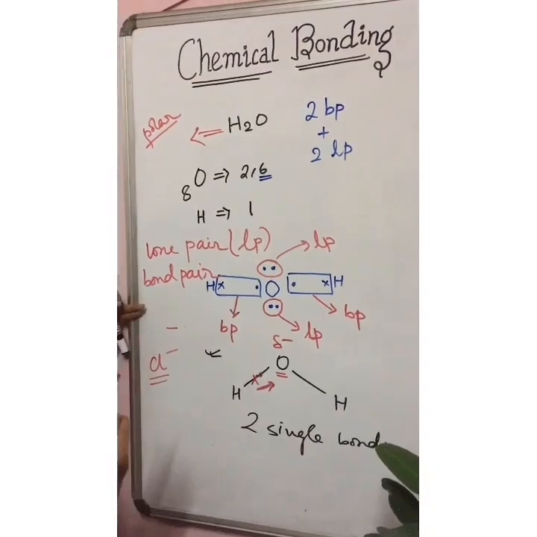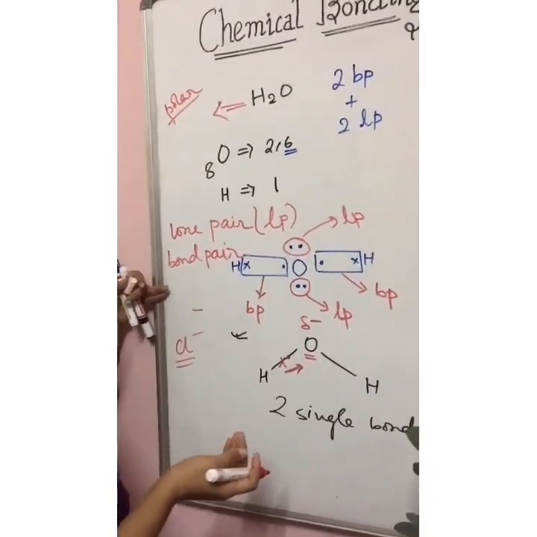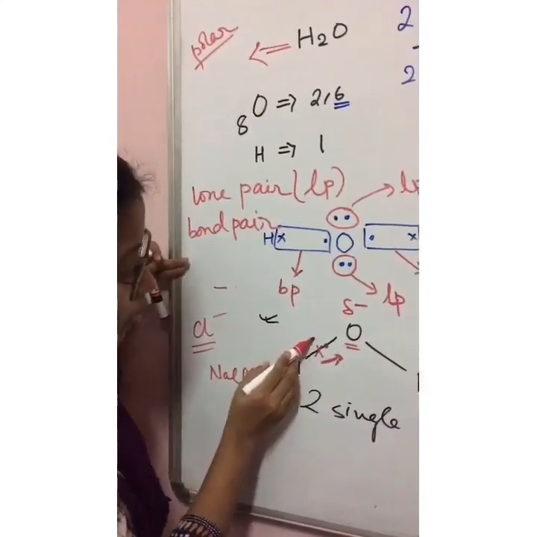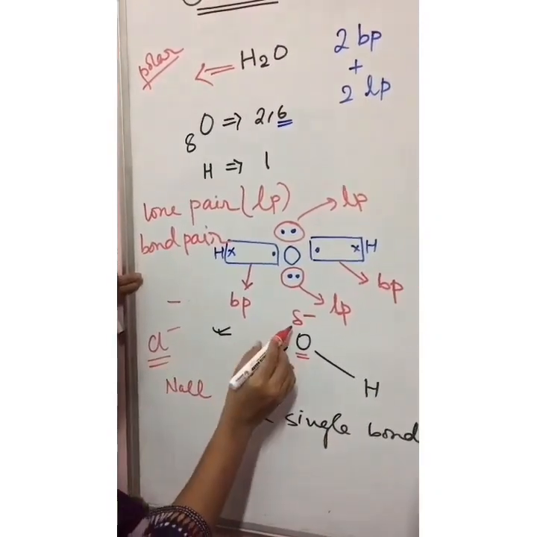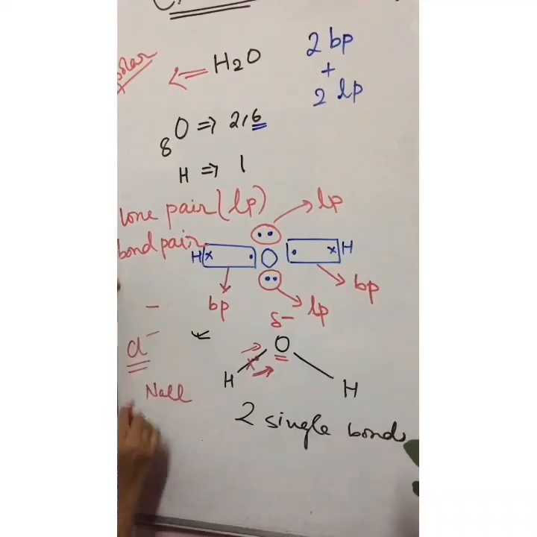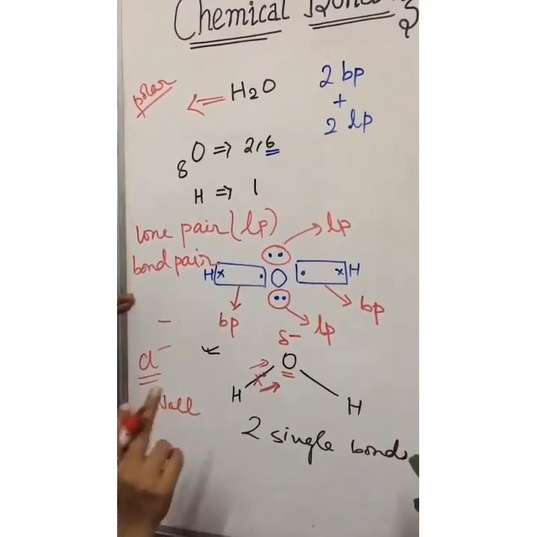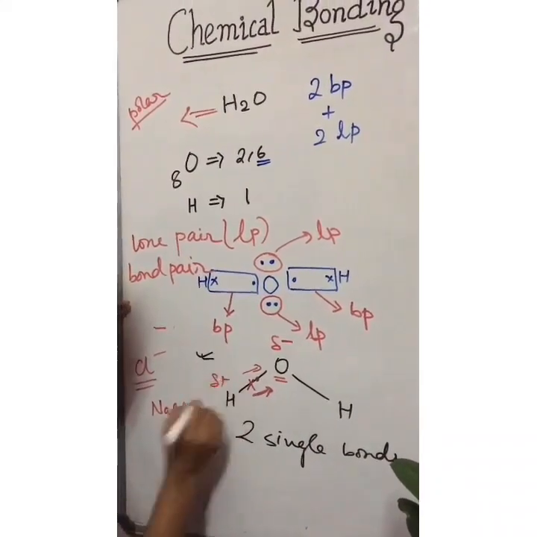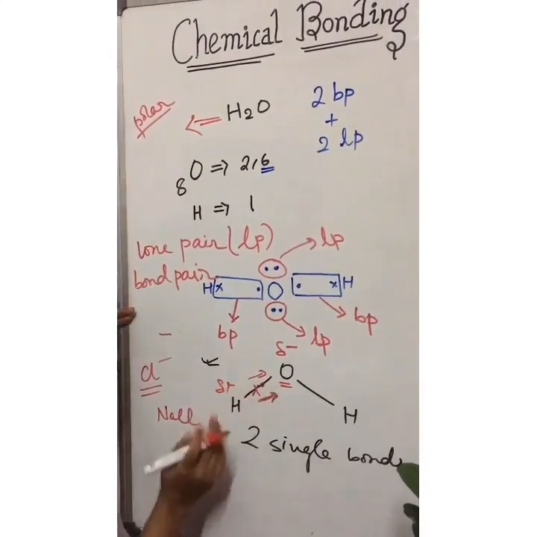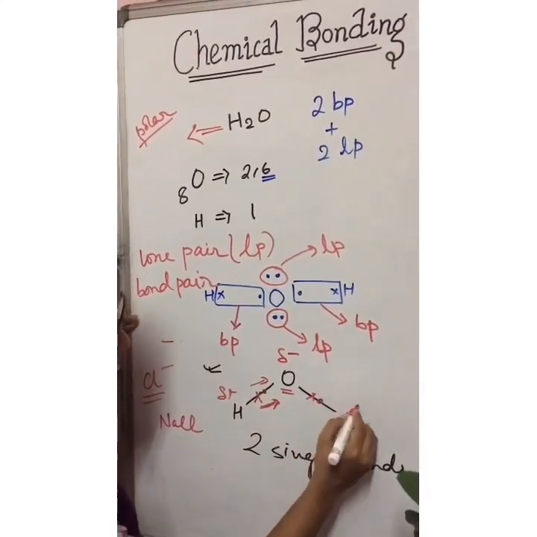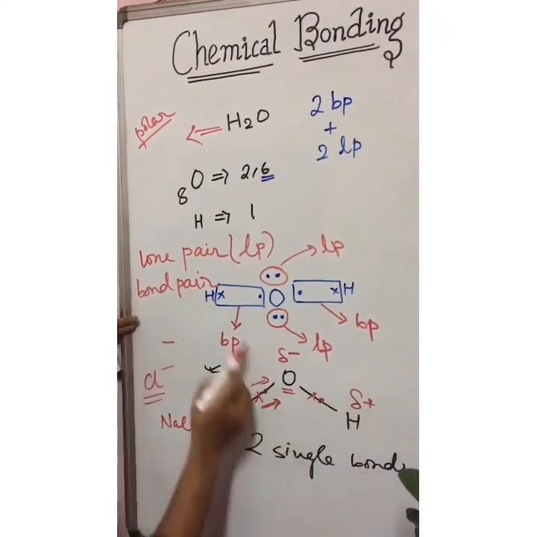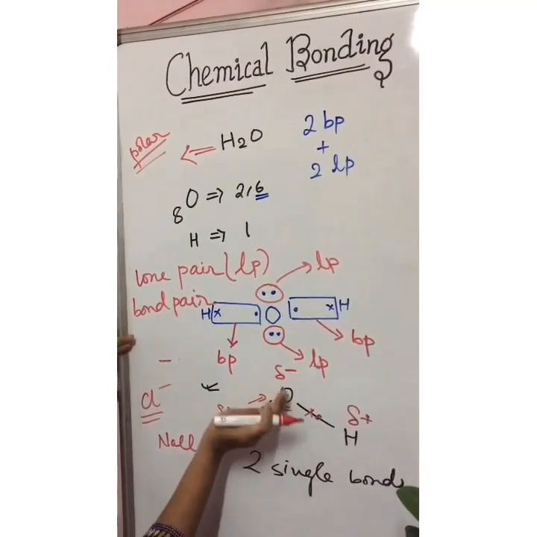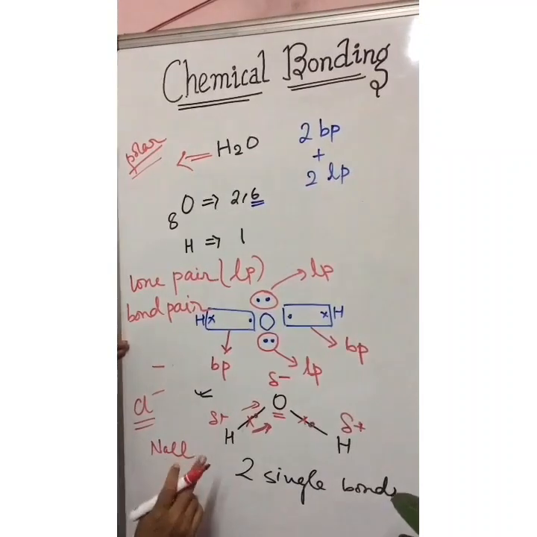Why was Cl minus a discrete negative charge? Because chlorine was totally taking the electron from sodium in the case of NaCl. But here oxygen is only pulling the electron a bit towards itself. That is why it has a delta minus charge. Delta symbolizes a lower value, not 1, something between 0 and 1. When this has a delta minus charge, this has a delta plus charge because hydrogen is losing its electron. Similarly, this also has a delta plus charge. So this is a polar molecule, because electrons are moving upward. So it has a net dipole moment.